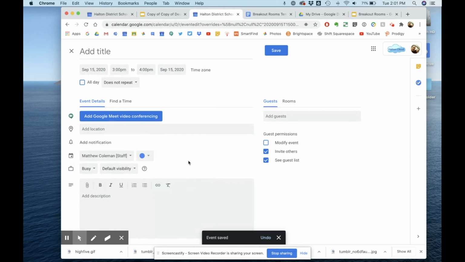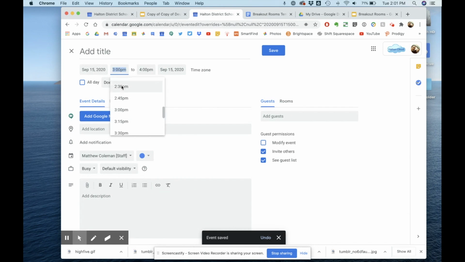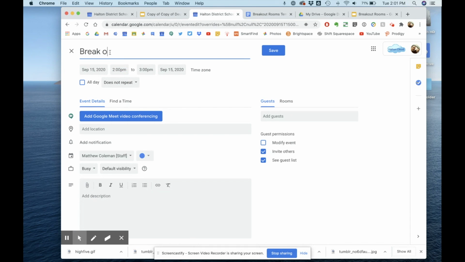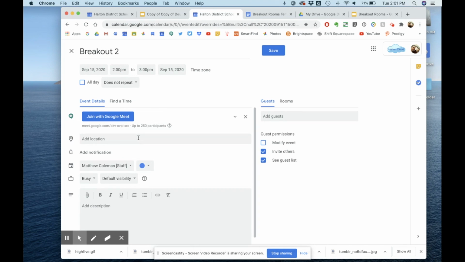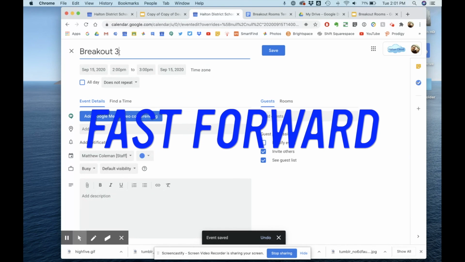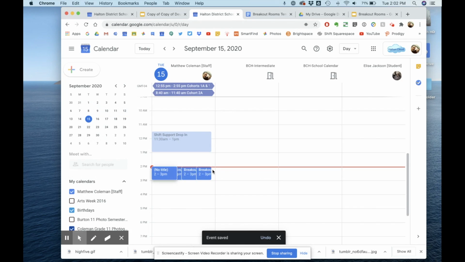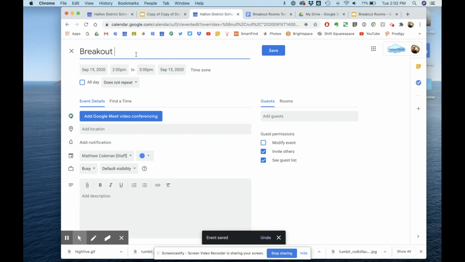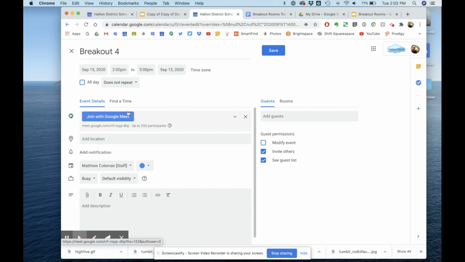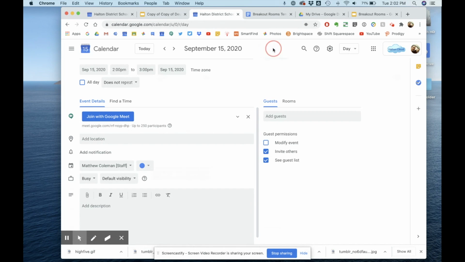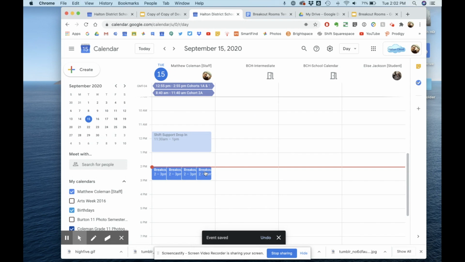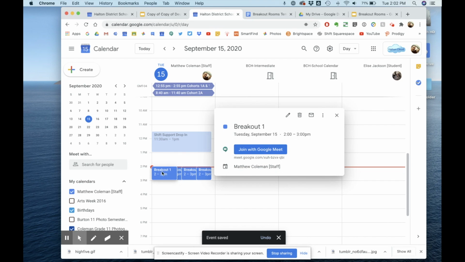and I'm going to do another one at the same time. So it's parallel meets, breakout room number 2. And breakout room number 4, and you can keep on making as many as you need to, but I'll make 4 for this demo and hit save. All right, so now I've got 4 parallel breakout rooms generated here, and you have this option to join with